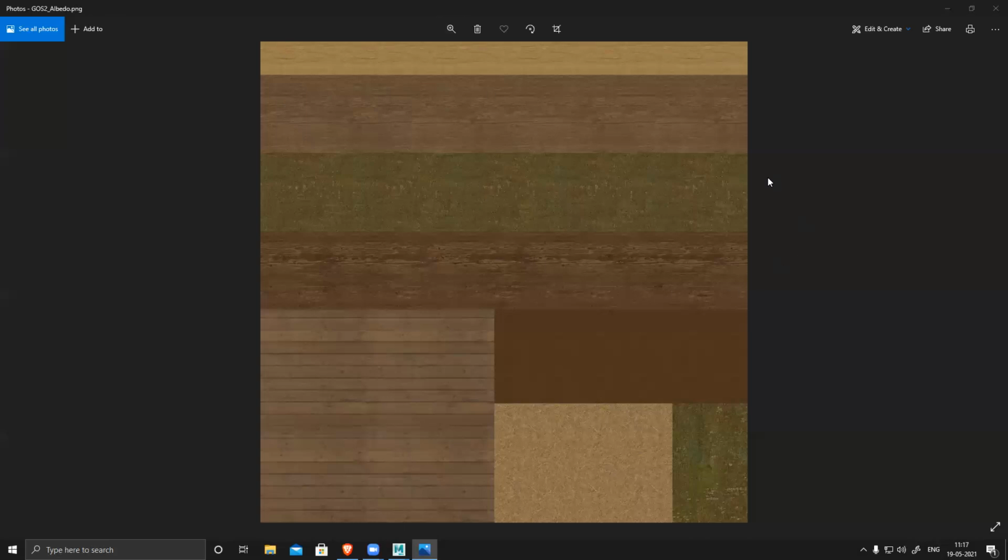So make sure your texture sheet should not be tileable. Repetitiveness should not be visible. Sir, this is an 8K map. Yes, but why is tiling visible? Tiling should not be visible, right? It can be an 8K map or a 4K map, but within the texture it should not be tileable. Even if you stamp it and modify it, the tiling should not be there. Take it as a unique section.